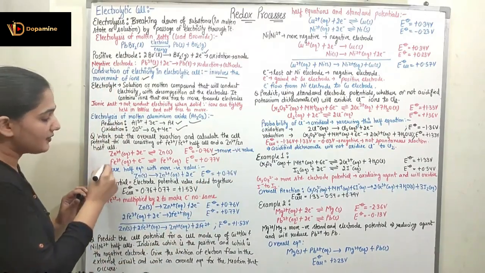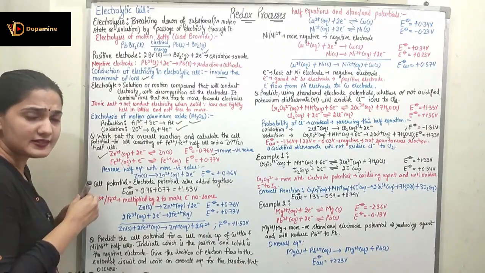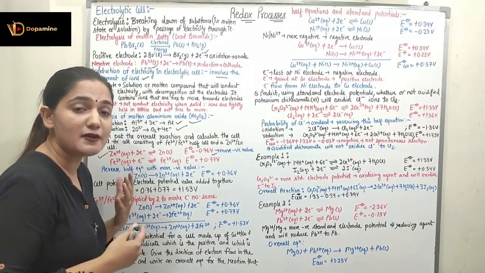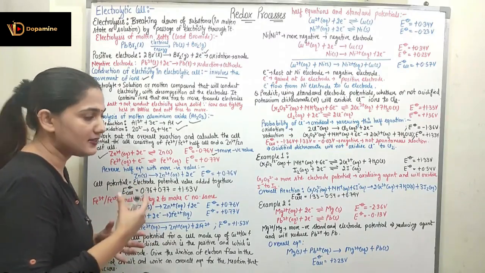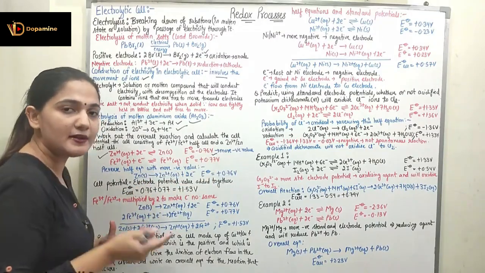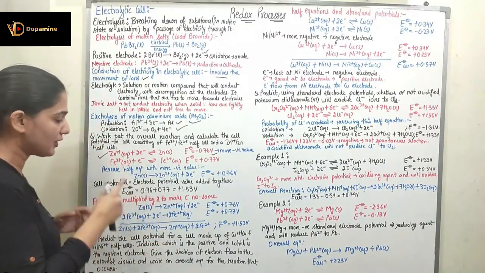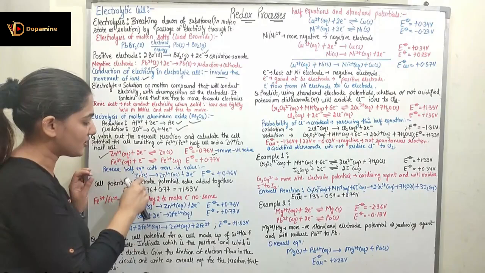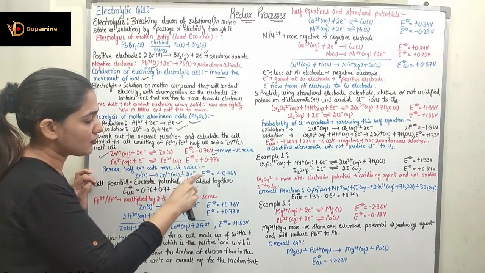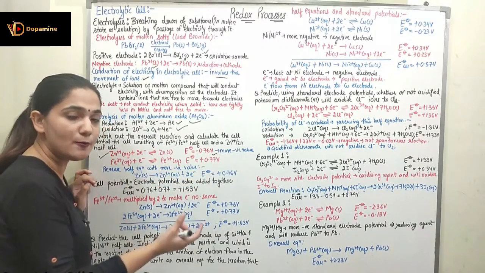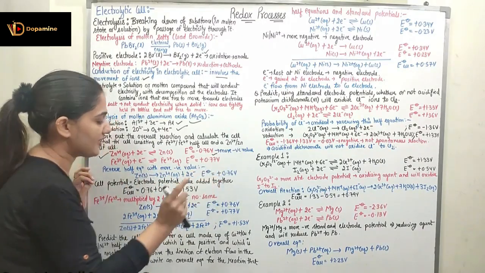So I can say the reversing of the half equation will be happening over Zn2+ and Zn. Why? Because this has the more negative electrode potential value, right? So if I compare the electrode potential values, I see which one is more negative. I have to reverse the more negative electrode potential. So when I reverse this equation, I will have Zn(s) giving me Zn2+ plus 2 electrons. Here now the electrode potential will be represented with the positive sign, so it will have the potential 0.76 volt.